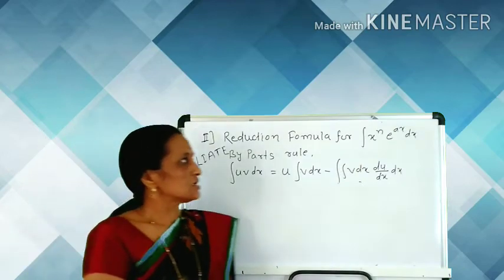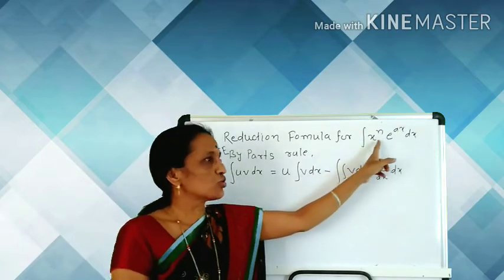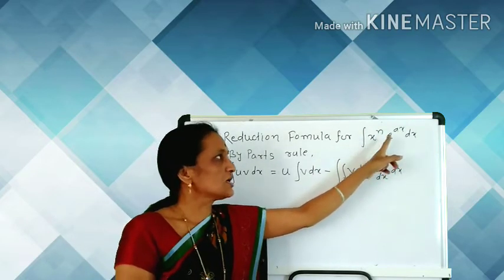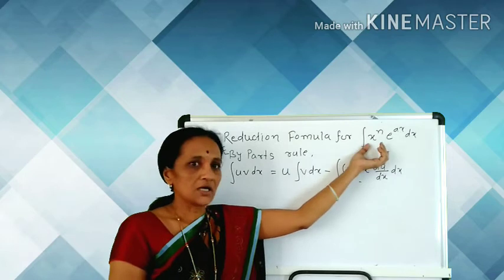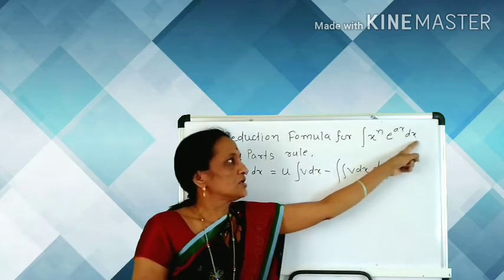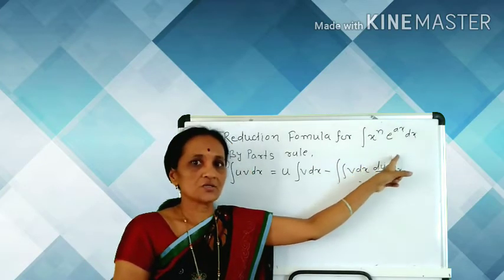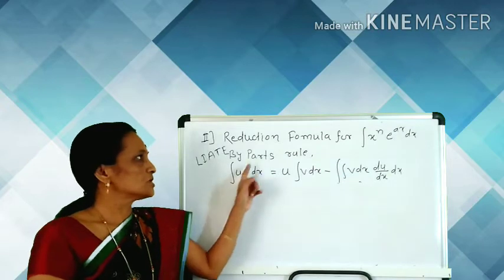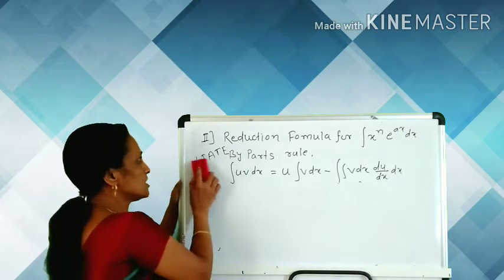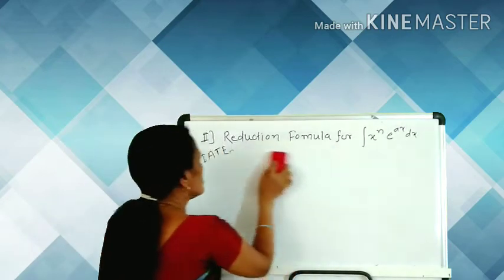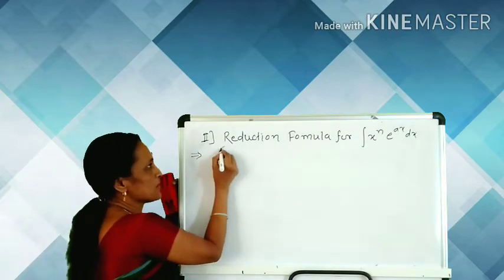Same as for your first formula. In this formula also there are two functions, means one is algebraic, here also e is the exponential, and for finding the integration of these types of functions, there is a multiplication of two functions, and here again we use the parts rule for the integration. And in this case, if we consider the parts rule, so I write here in the proof, by parts rule